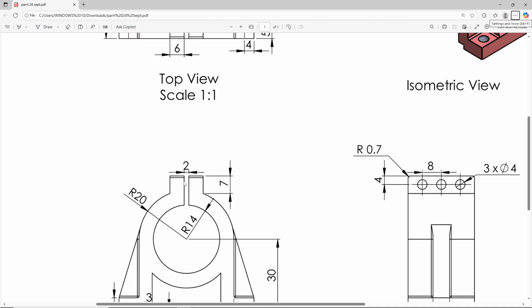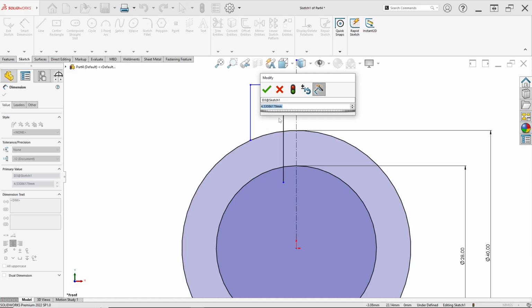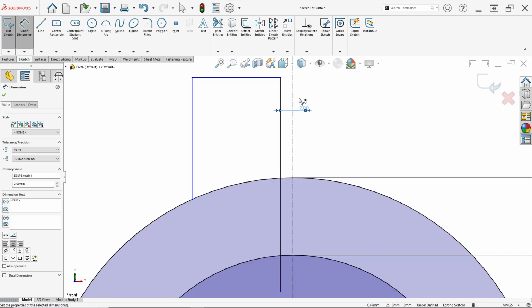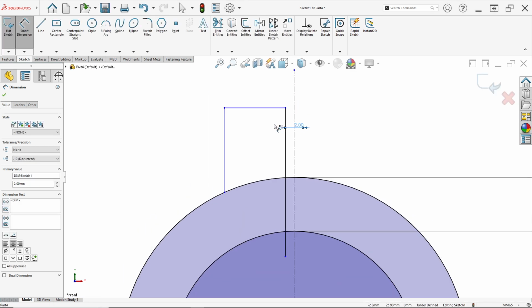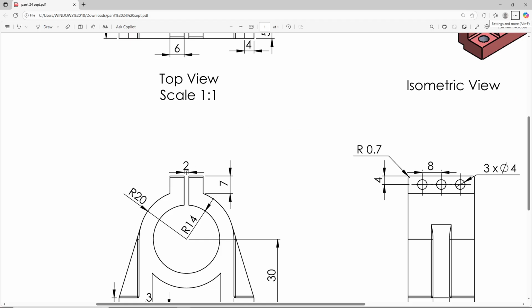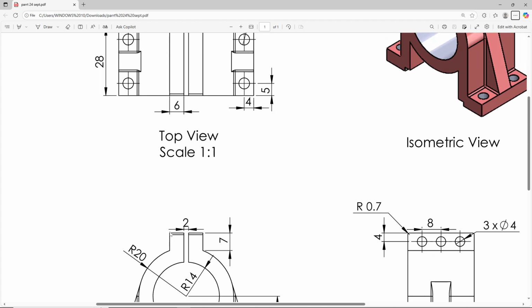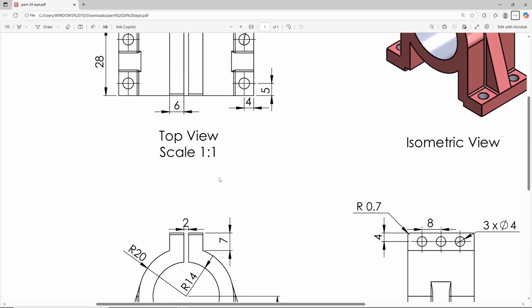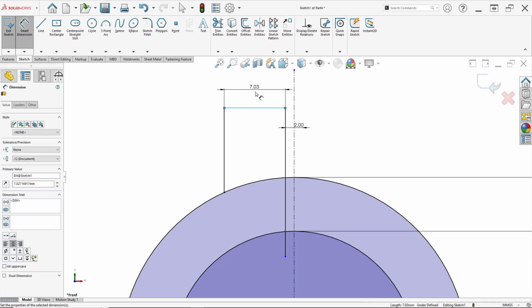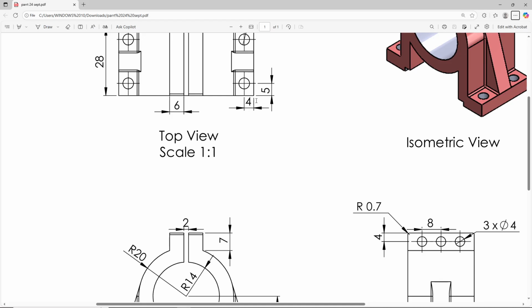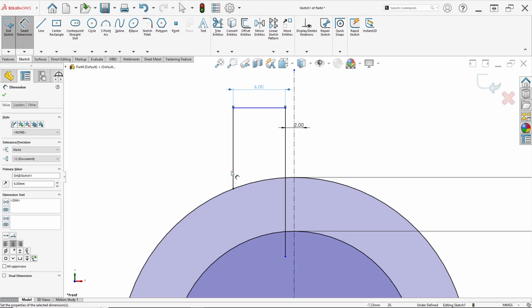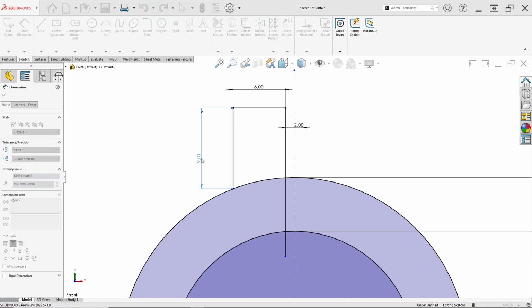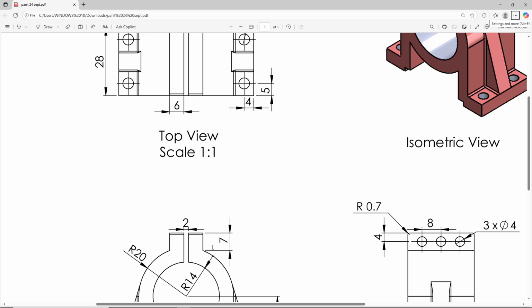The gap is 2 millimeters, so input 2 millimeters. This line has a width of 6 millimeters, as we can see in the top view drawing. So this line is 6 millimeters, and this line has a height of 7 millimeters.